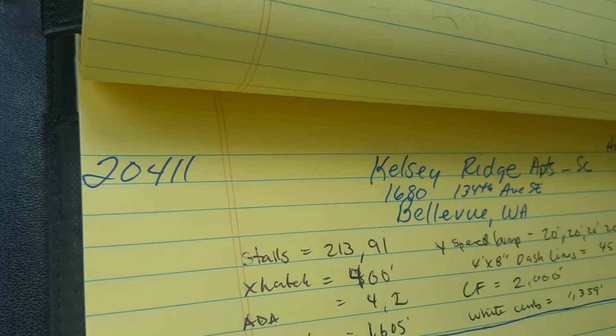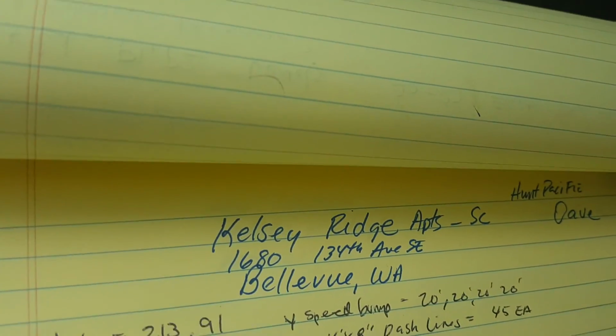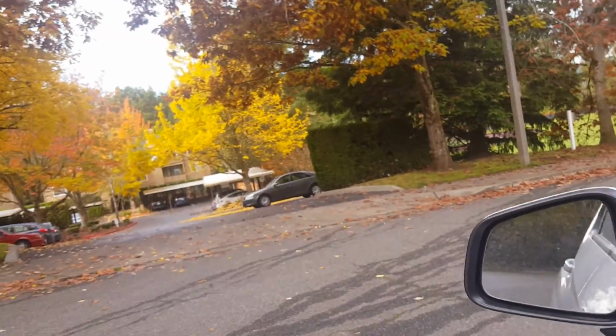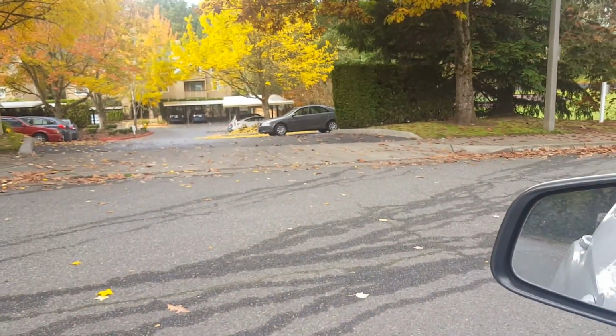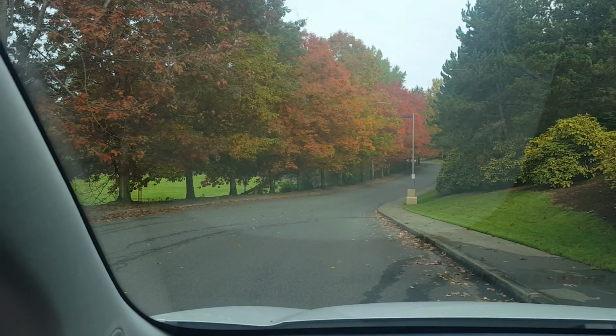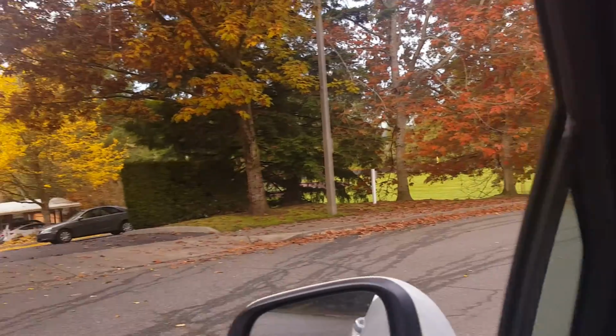All right, job number 20411, Kelsey Ridge Apartments out in Bellevue. This is for Hunt Pacific, and they've got two properties out here that they want seal coat and stripe for next year. And as you come up this road off of, I think that's Lake Hills out there, and you start coming up the hill,